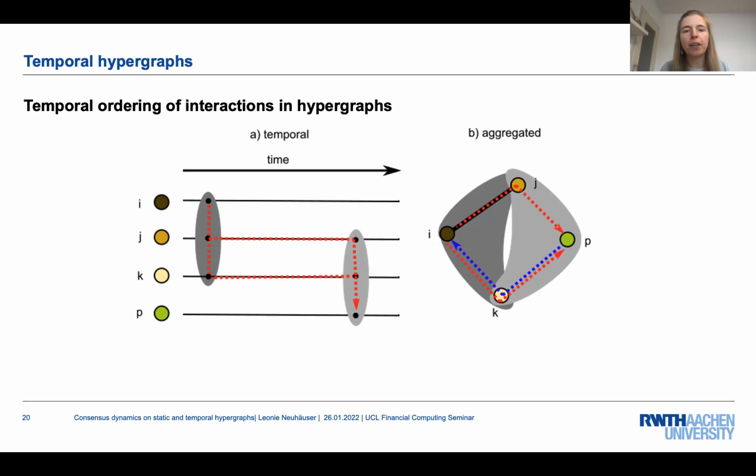In this example, in the temporal topology on the left side, only the indirect interaction I to P is possible, in this case via two possible temporal paths, which are visualized by the red arrows. But the backward flow of information, so from node P to I, which is visualized by the blue arrow, is not possible due to the temporal ordering of the interactions. Nevertheless, if you look at the aggregate topology, which is often analyzed in the analysis of temporal networks, both of those indirect interaction paths are present. So that's a problem, obviously, that might change things in the analysis if you just look at the aggregated